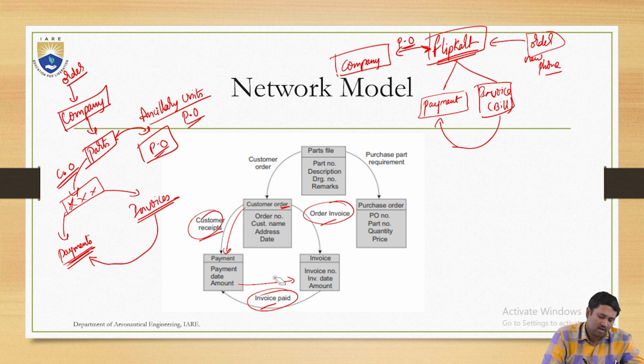That is one way. Or else, if an invoice is generated for a COD type of delivery, what happens? I will pay against the invoice during my delivery. The same payment will get accumulated against my customer order number, right? Now, what will be the data associated with all these elements that we have discussed is